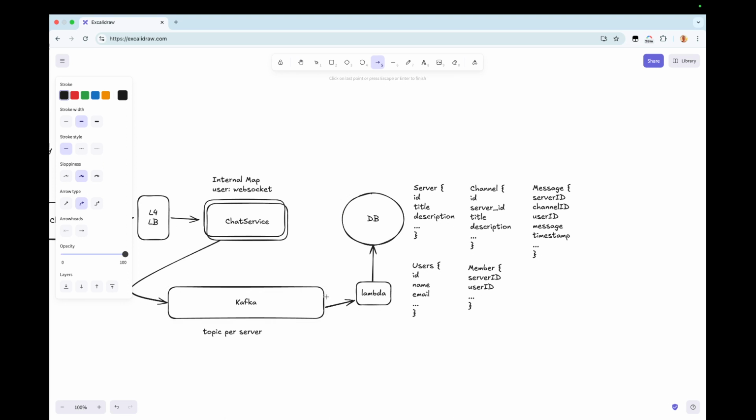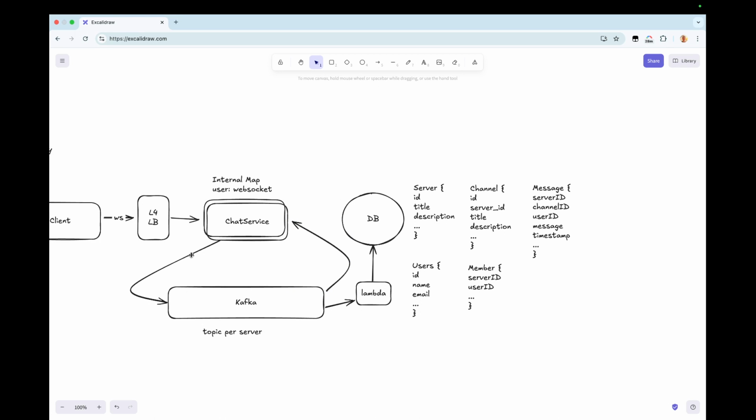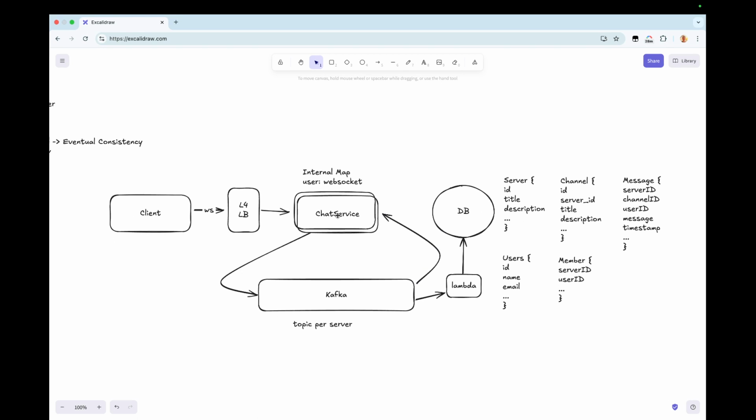The next thing that we need to do is make sure that the users are notified of those particular messages. Let's say we have two users. User A is connected to chat service 1, and user B is connected to chat service 2, and they're actually on the same server. When user A sends a message to their server, they write via chat service that message to that particular topic for that server.